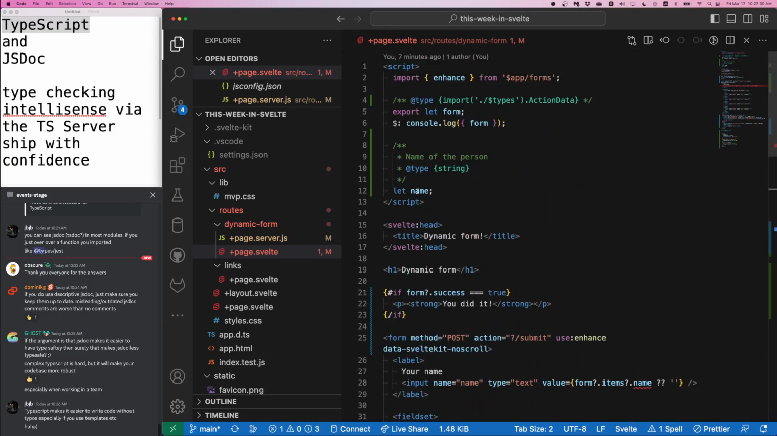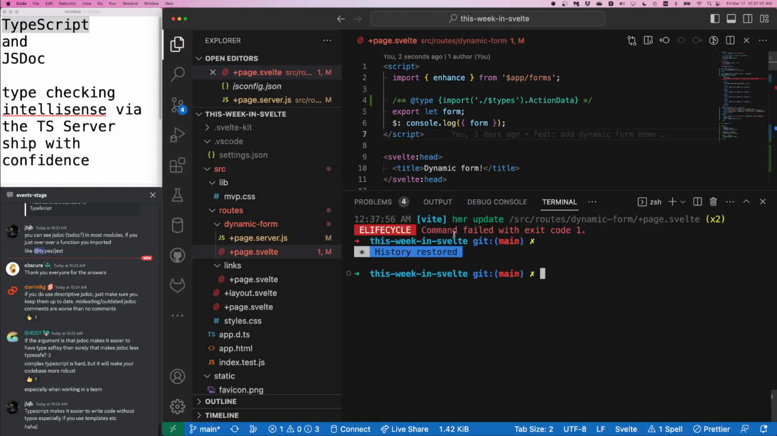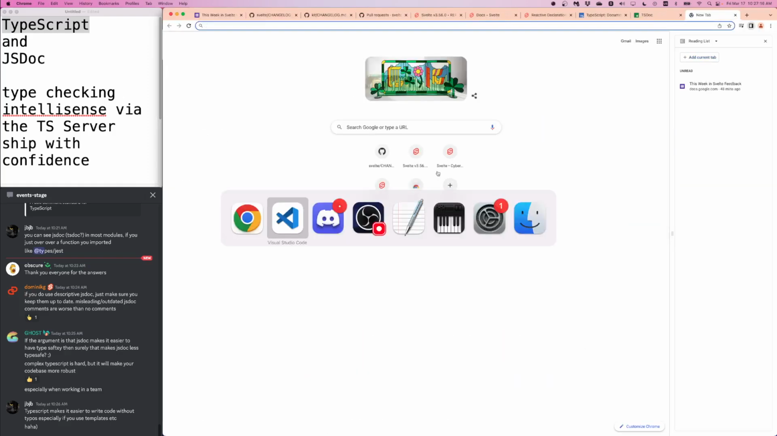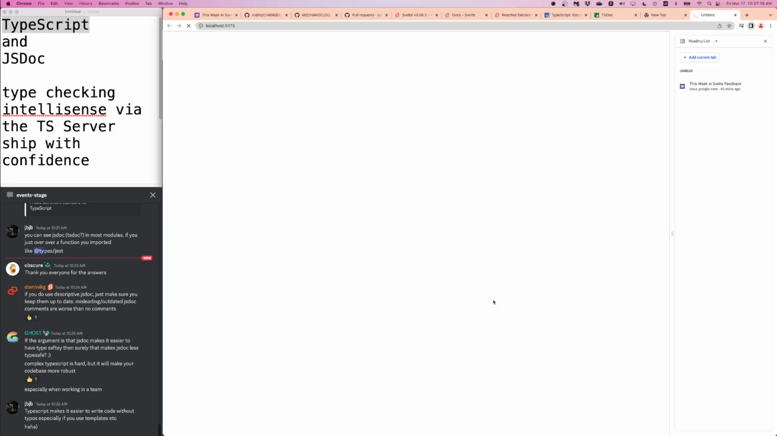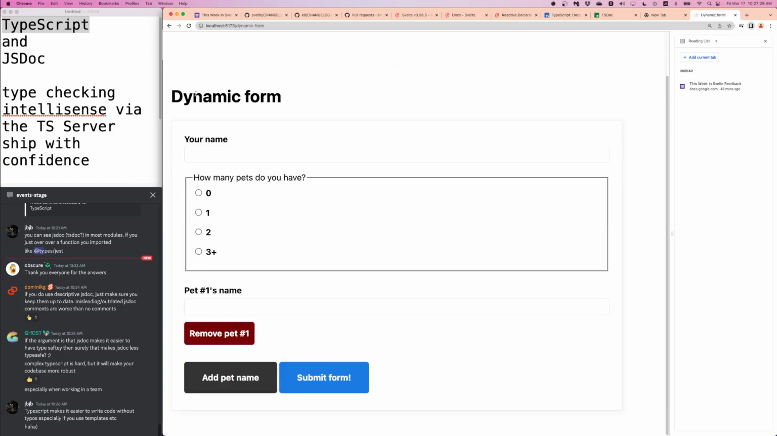So I have this project here, and I'm just going to delete these irrelevant lines of code. And with 3 minutes left, I will make a quick demonstration. Okay, so let's go to localhost 5173. So this is my This Week in Svelte demonstration called Progressively Enhanced Form that can add or remove inputs. Welcome to the dynamic form. How many pets do you have? 0,